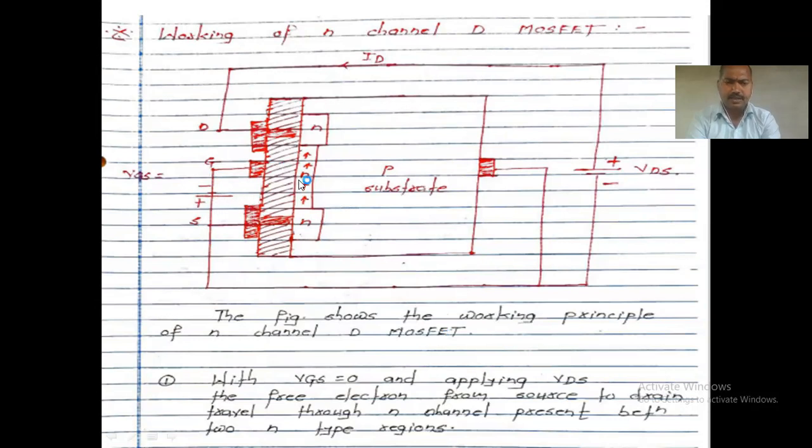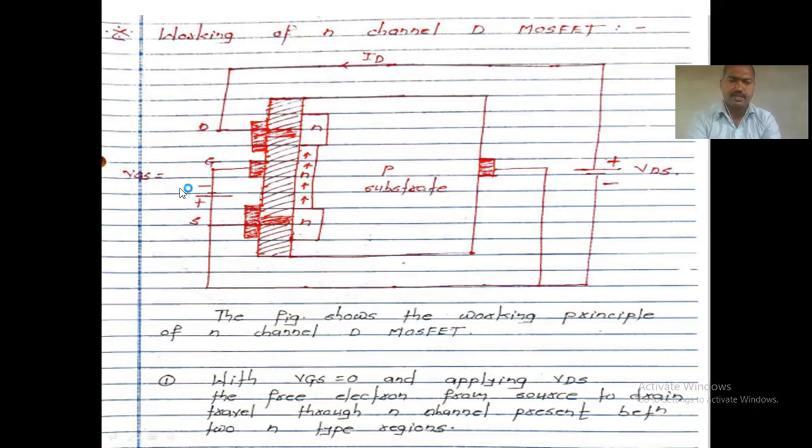A minus voltage is provided to the N layer and a plus voltage is provided to the upper layer, right? So what happens? This indicates that the largest amount of majority charge carriers, that is electrons, are traveling from the N layer towards the upper N layer. This is nothing but a channel. So the largest current flows from this N upward, so that maximum current flows between your drain and the source terminal. This happens when we provide VGS equal to 0.